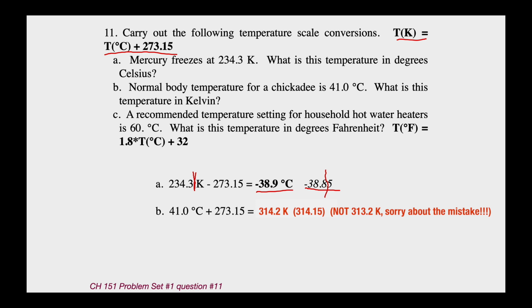This last one is a problem where we've got Celsius and you want to find Fahrenheit. This is the equation right here that you're going to use. All right, Fahrenheit equals 1.8 times the Celsius temperature plus 32. So in this case, T of Celsius is 60. We'll multiply that by 1.8 and add 32. 32 is considered an exact number, so it doesn't affect your sig figs. Think of it as